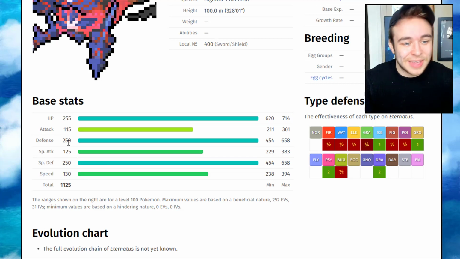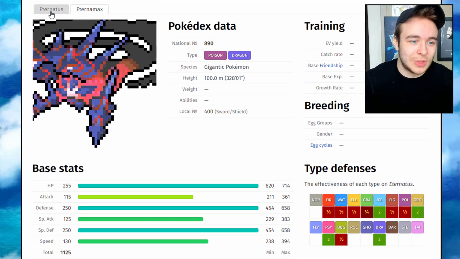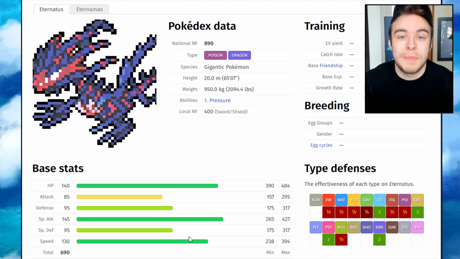Look at those defense stats, 250 in both physical and special. 255 HP. This thing is not going to die for a long time. But like I say, it is just the raid form, so you're not going to be using that in battle, let's be honest. But Eternatus comes through with a 690 base stat total, so actually lower than both Zacian and